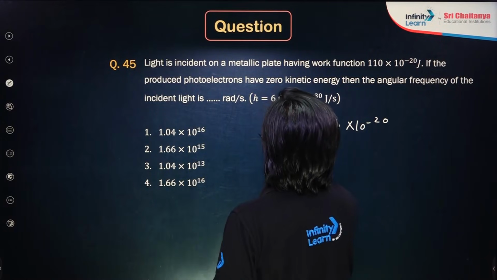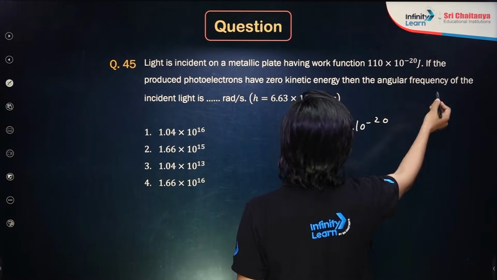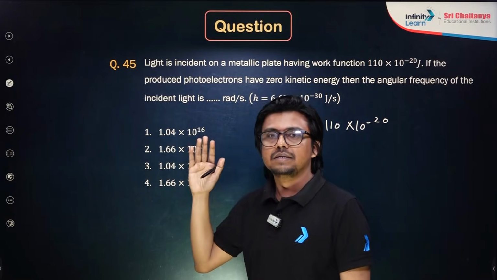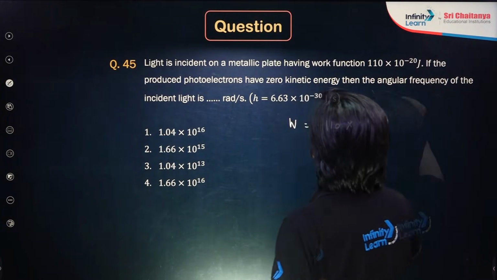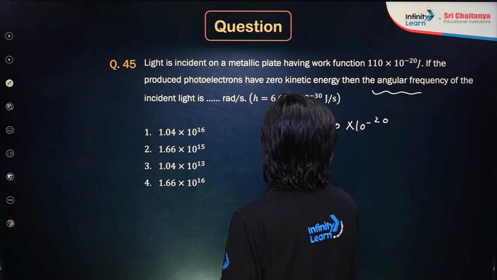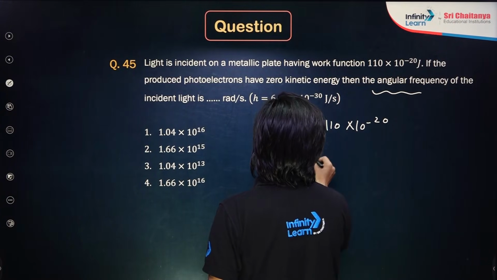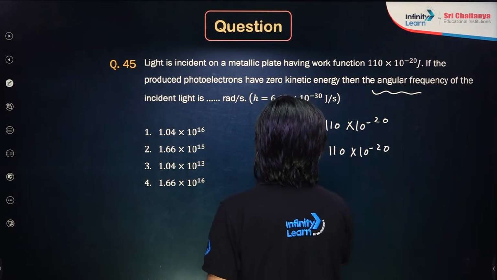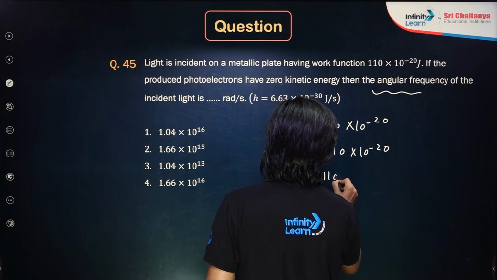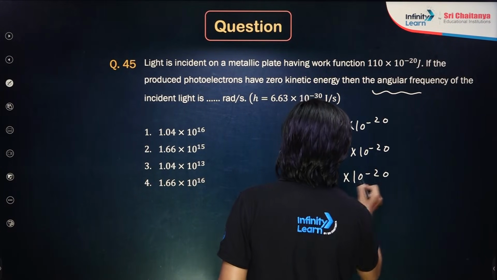Let me first calculate the frequency. h nu is actually equal to 110 into 10 raised to the power minus 20. Nu is equal to 110 into 10 raised to the power minus 20 divided by